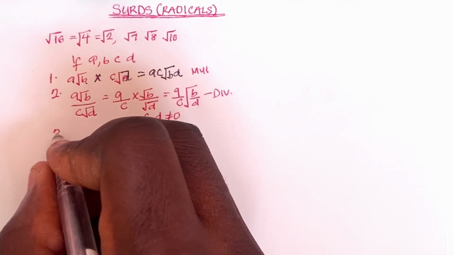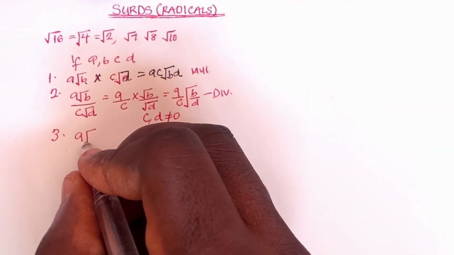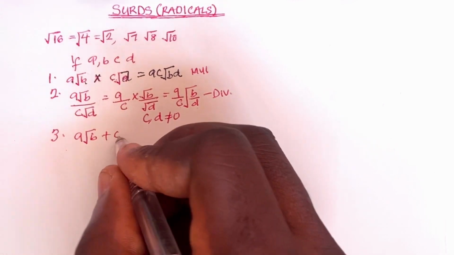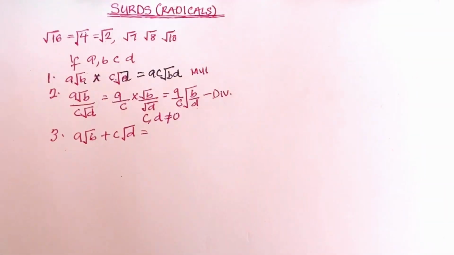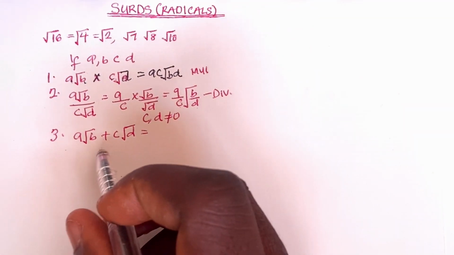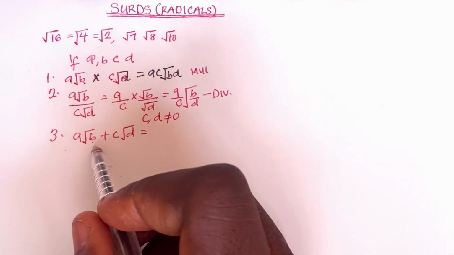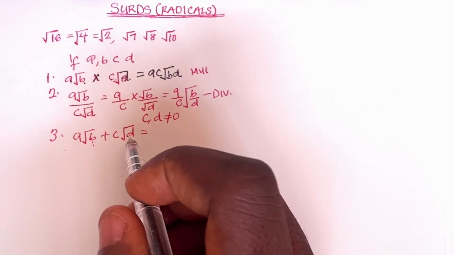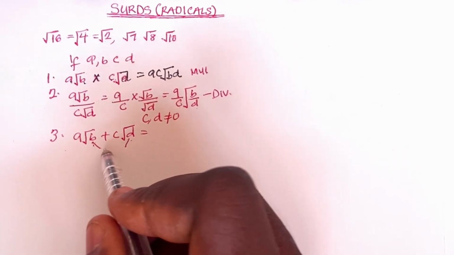Then let's move to the third one. The third one is the rule of addition. Suppose you are given a root b plus c root d. You are given this expression. What you just need to understand here is that if you look at this, the integer under this root is quite different from the integer under this root. What you can actually do in this case is